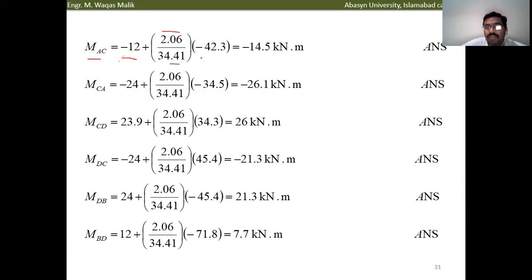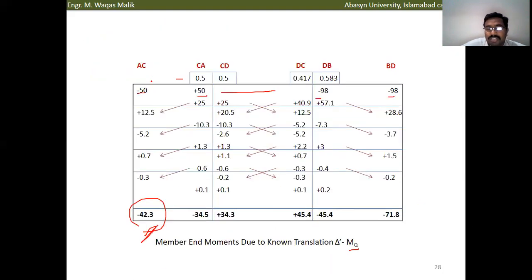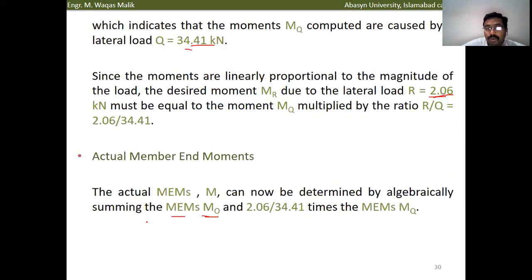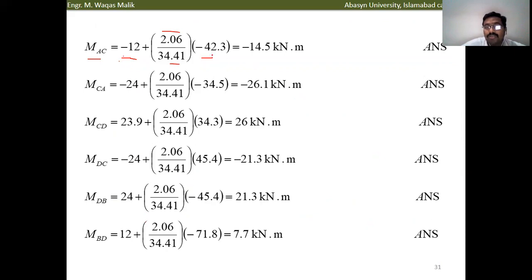And it is going to multiply with the MQ. And MQ is basically the resultant moment that we calculated when we permitted the side sway, and its value is minus 42.3. So this value is going to multiply with this ratio, and when it is algebraically added with the value of M naught, we find out the member end moment for member AC comes out to be minus 14.5